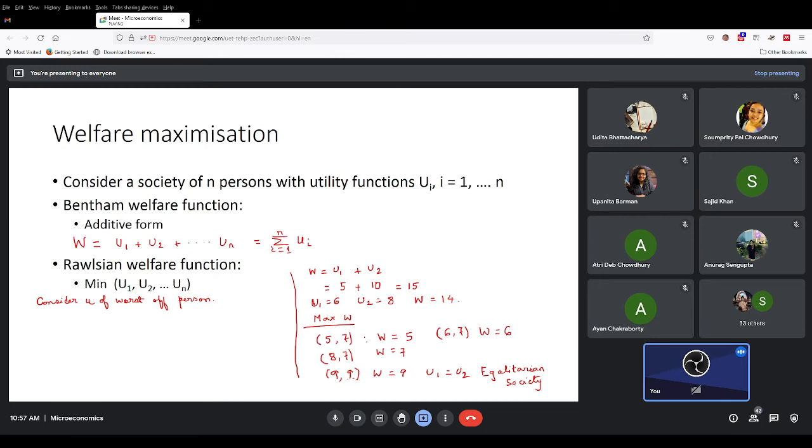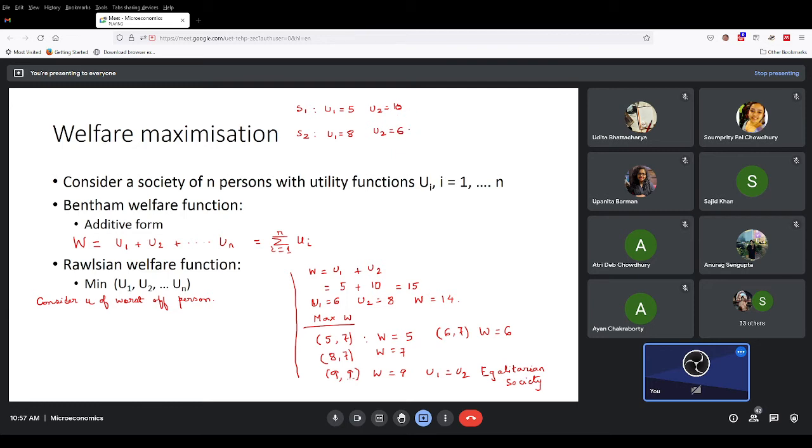So in this case, I'm giving some states, let us say S1 and S2. You have got two possible equilibriums. U1 is 5, U2 is